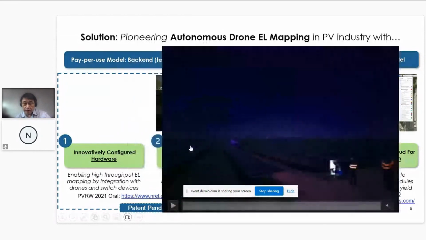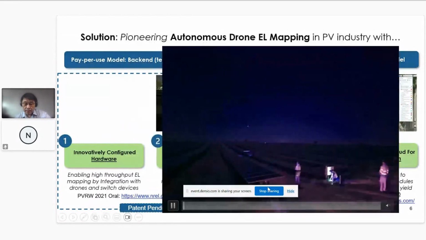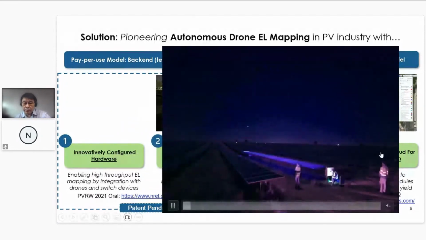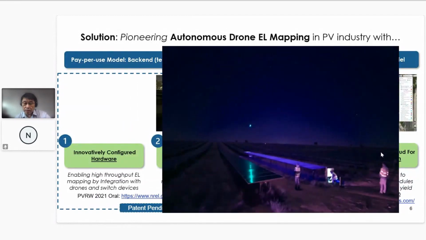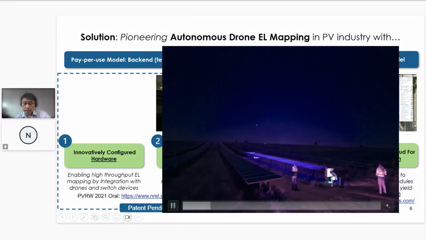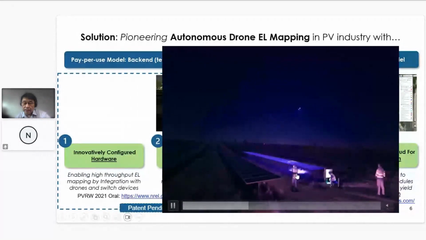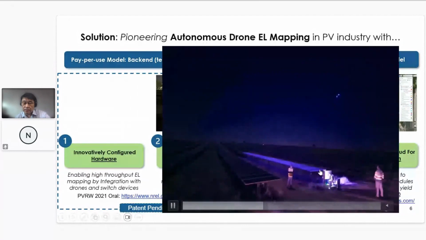So here I show some video about the actual work. For example, this video is showing our on-site EL inspection with the drone. One colleague sitting here does the DC current switching. He has an external DC unit. When the current is in, the modules become LEDs and emit light. The second gentleman is the pilot. He controls the drone,